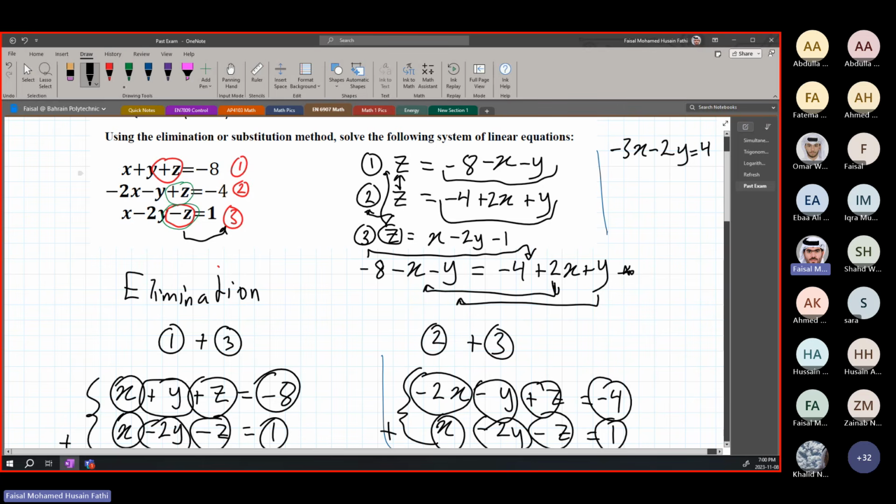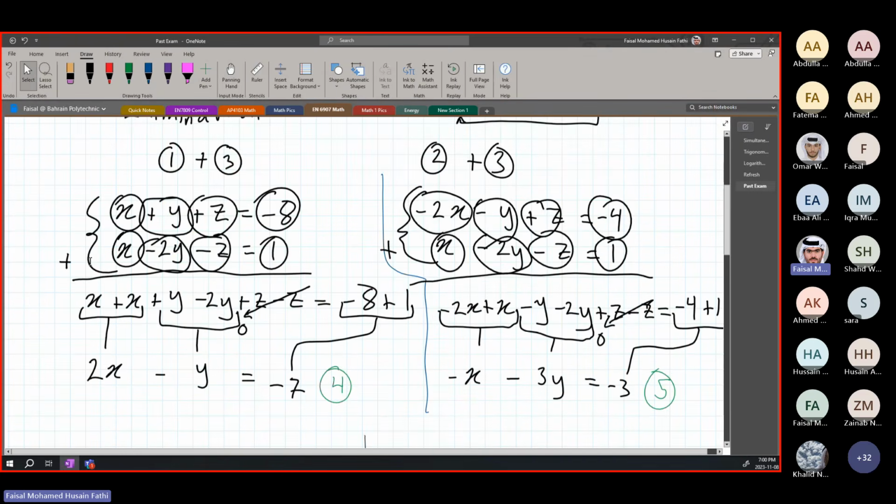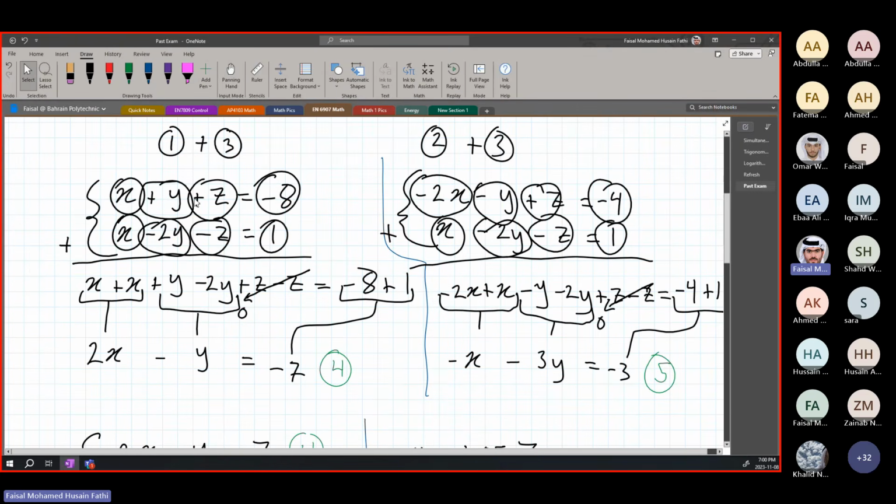Then when we do the same equating with the third equation with either the second or the first, we get another equation. Here we do the simultaneous and then you solve it with either substitution or elimination. Yes, you can do elimination with 1 and 3 or 1 and 2. It works. It's fine. The reason I chose 1 and 3 and 2 and 3 is that I don't have to adjust the equation before doing the elimination.